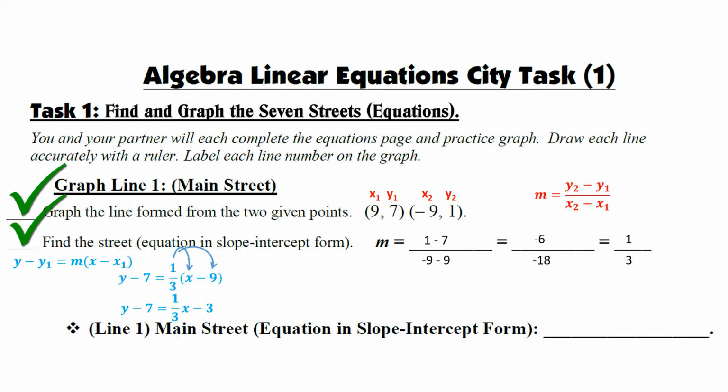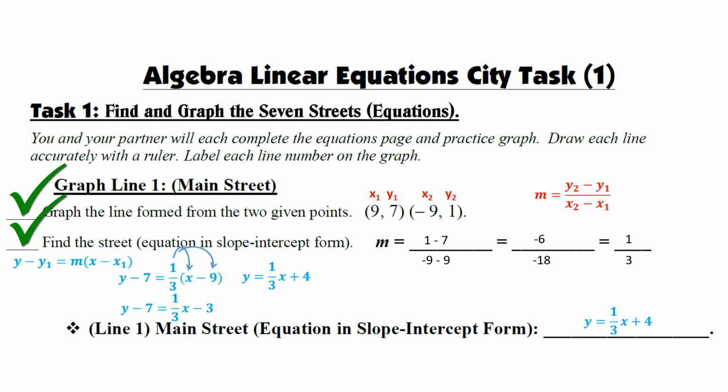Now that we have that, we have to add 7 to both sides, because adding is the inverse of subtracting 7. We want to cancel the 7 so that y will be by itself. And what I do to one side, I have to do to the other. So I would add 7 to -3, because those two terms are alike. When I add +7 to a -3, it's like subtracting 3 from 7, which is going to give me 4. So my final equation, which I'm going to write on this line right here, is y equals 1/3